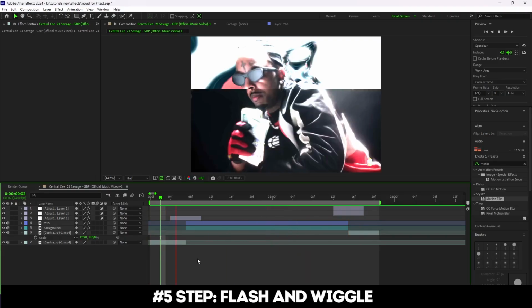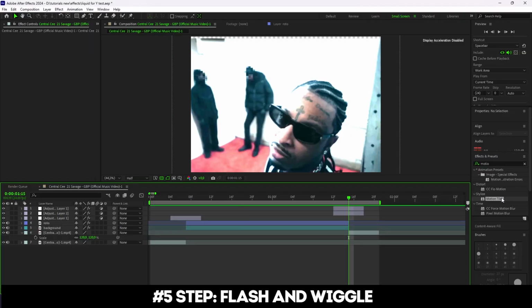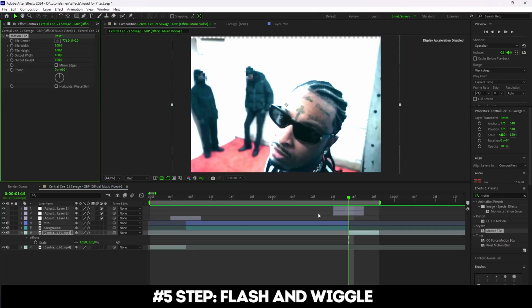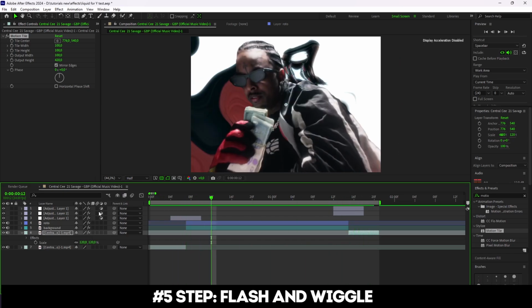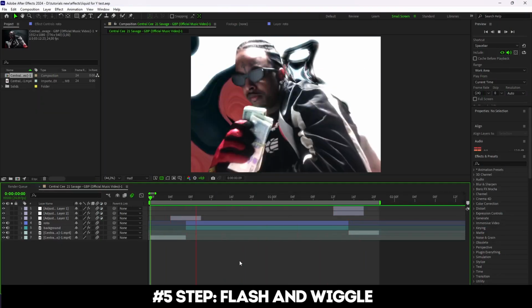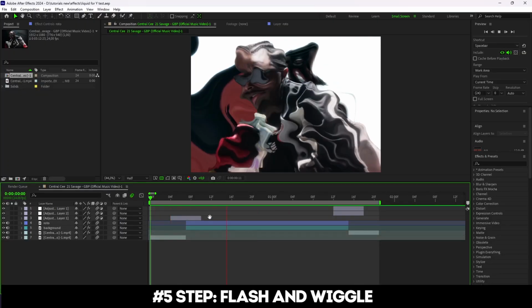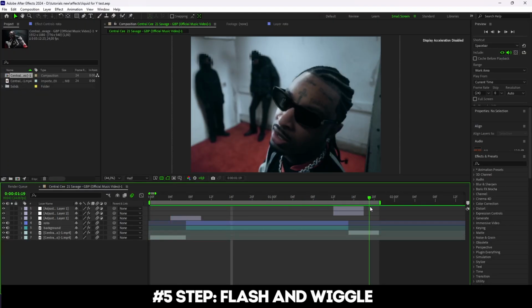It looks really good, but you might notice a small issue on the second clip. You can see this little gap. To fix that, let's add a motion tile to the second clip, increase output width and height, and make sure mirror edges is checked. And let's also add a motion blur. Alright guys, this is what we are getting, and honestly this effect is saucy. You could totally leave it as is and use it as a standalone effect.